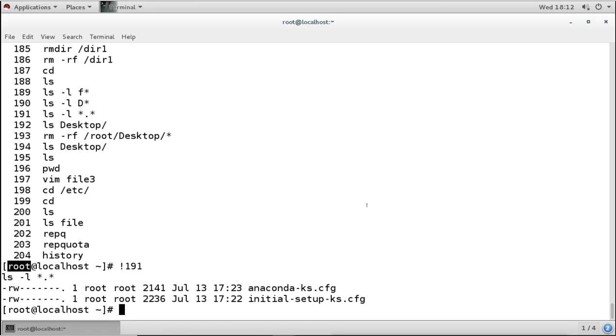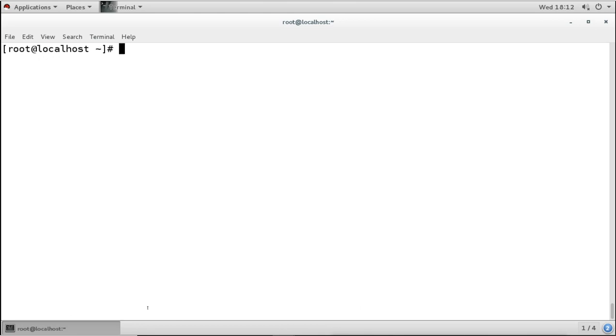Now how is it different? Because the history of every user is stored in their home directory. For example, this is the root user, so the root user's history is stored in its home directory. Right now we are in the home directory of the root user.